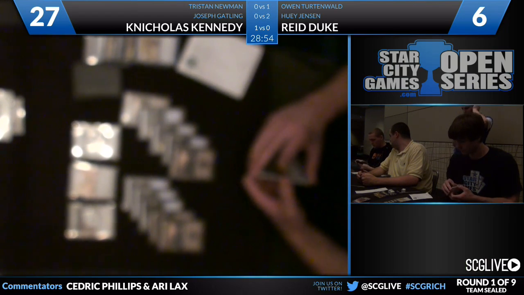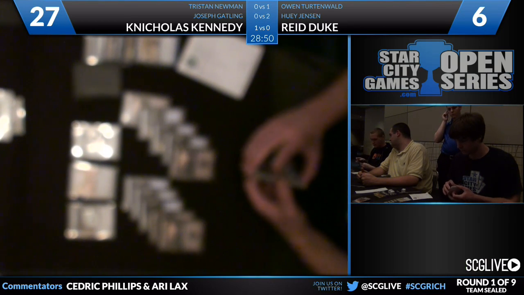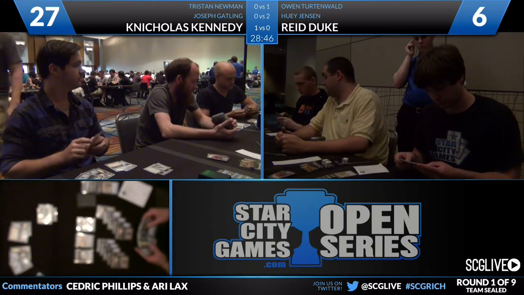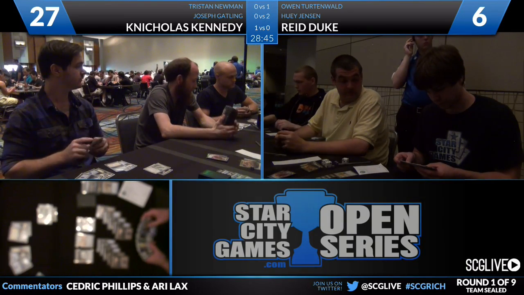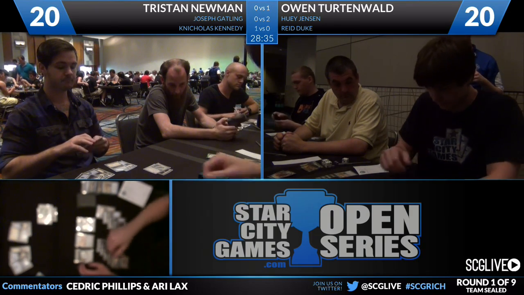Reed's picking up Kennedy's graveyard, trying to figure out what's going on. It looks like we're going to hop over to Turtenwald while we solve these camera difficulties. You see in the middle there, too, between Jensen and Gatling, Jensen has won the match 2-0, so he's able to help Duke in this situation. Also able to help Turtenwald if necessary, but we're going to jump over to Turtenwald,